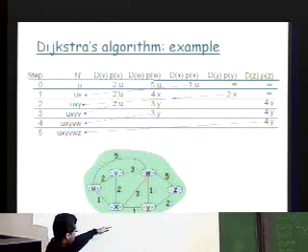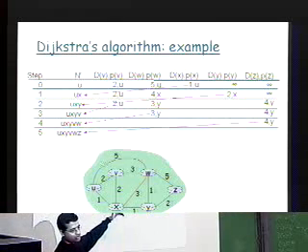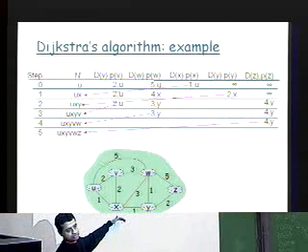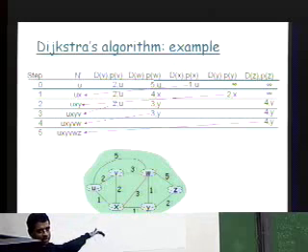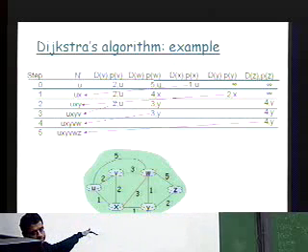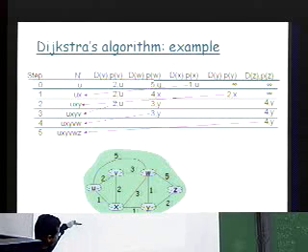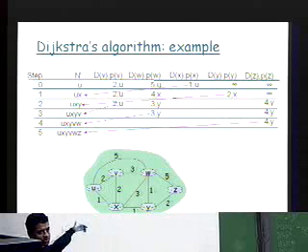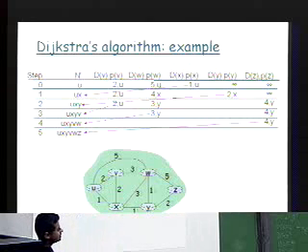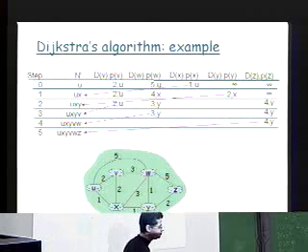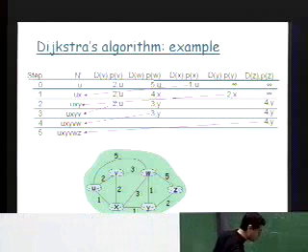So a subpath of the optimal path is also going to be optimal. This is a very important property of Dijkstra's algorithm. The algorithm is based on this important property. That's why you can build the paths iteratively. So the property is